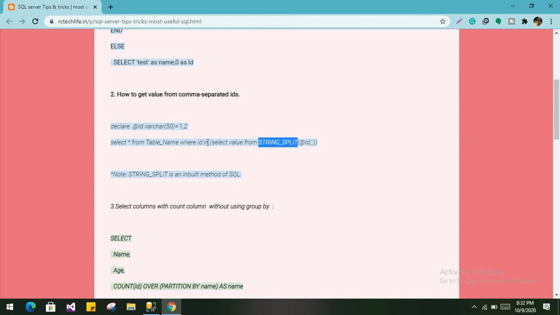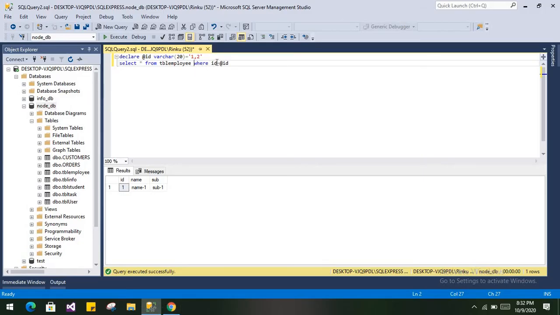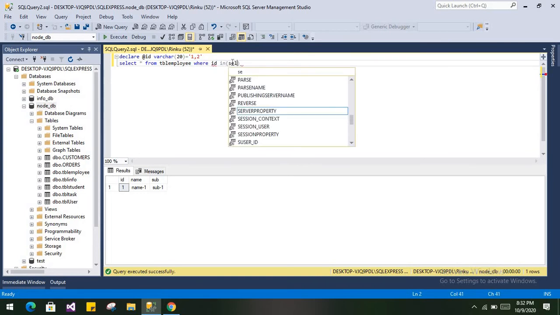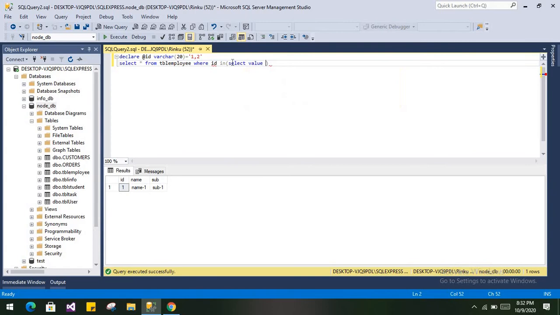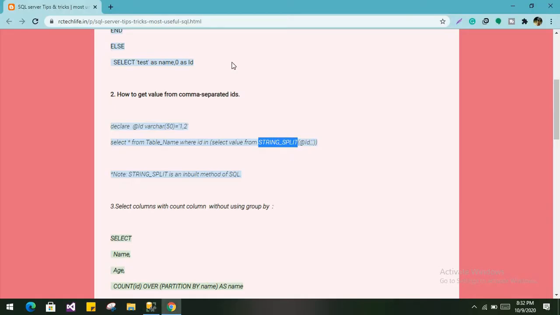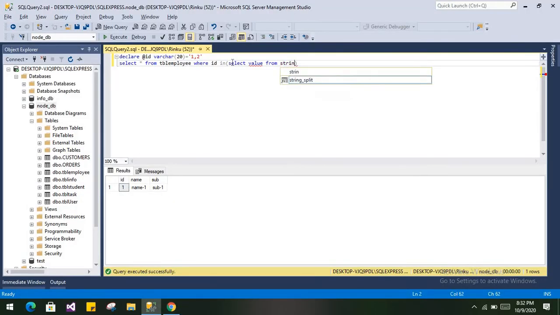So how you will perform it: select star from TBL employee where ID in (select value from string_split, and you can check the name using IntelliSense over here.